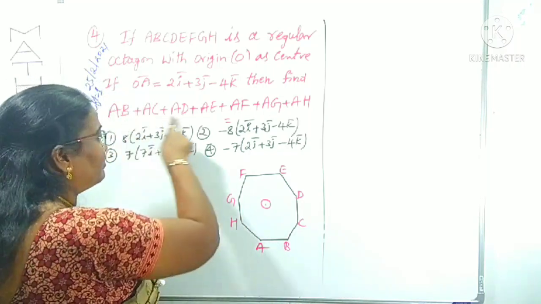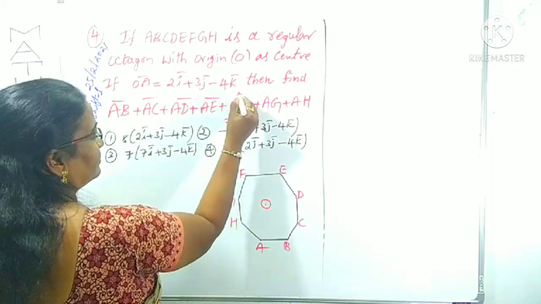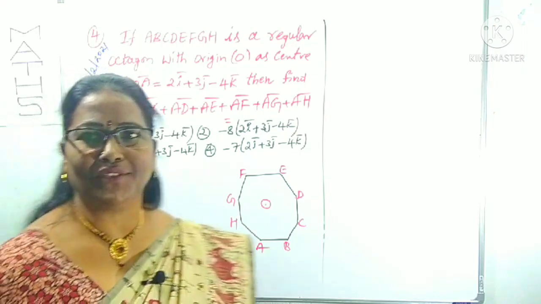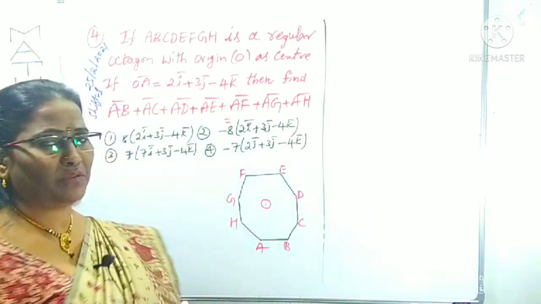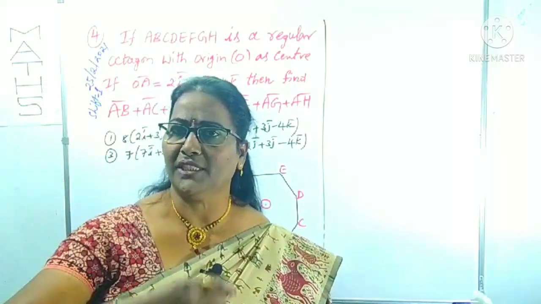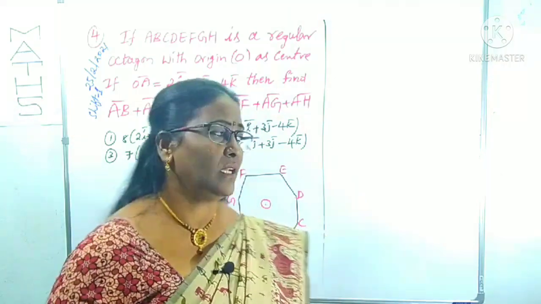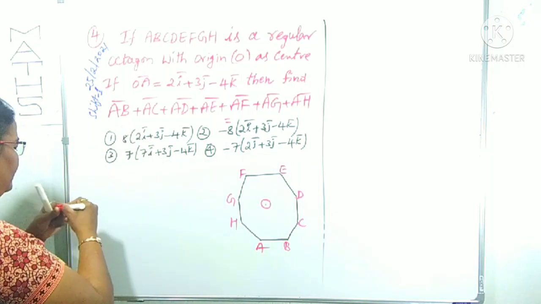Now what do you have to find out? We have to find out the sum of these vectors. We can take these as vectors. I have to use a bar to write its vectors. First of all, you know what a position vector is. Position vector means we can find the vector of a point with the initial point generally taken as the origin. That is called a position vector. We can find the line joining the two points.